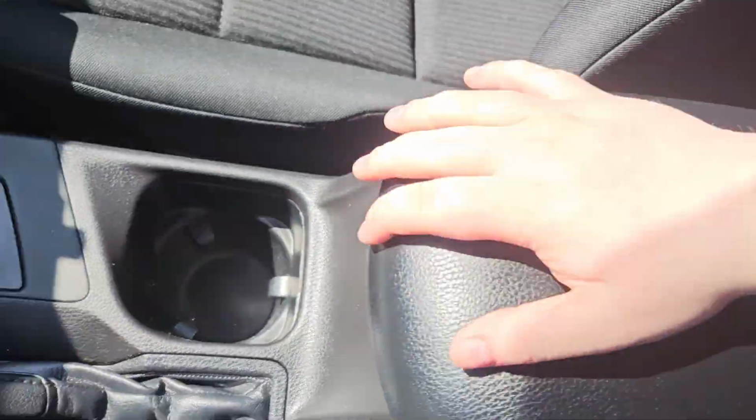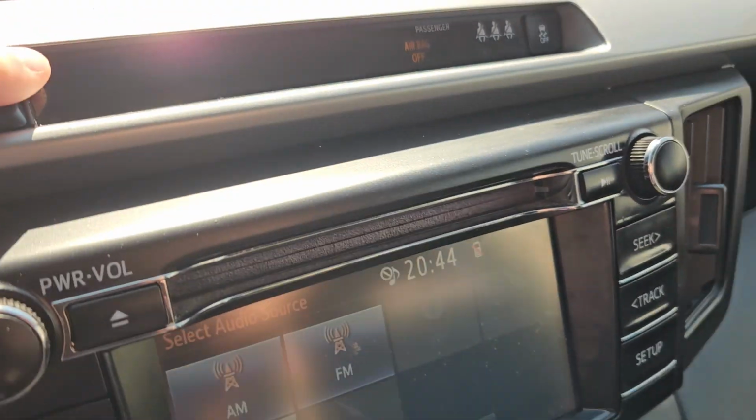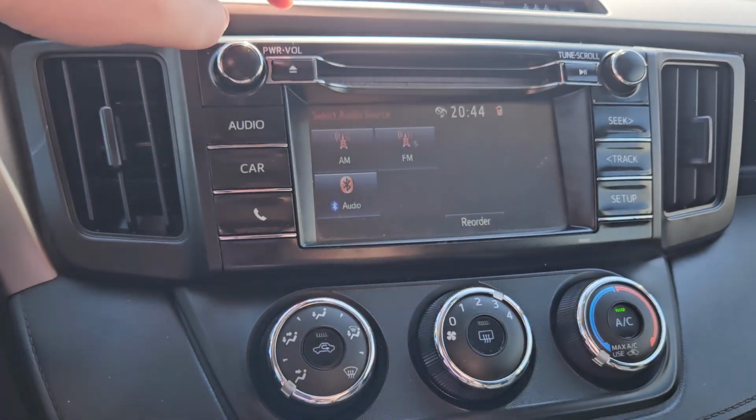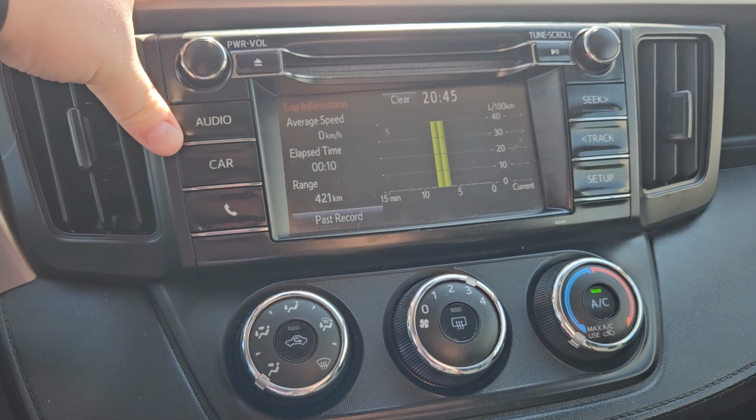Got that center console with upper and lower storage. You got your climate controls right here as well. Your CD, you got storage here and above, which is pretty nice. Look in here, we have AM, FM, and Bluetooth. Got your car settings right here, so all your